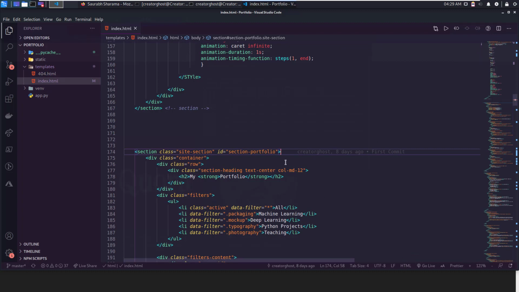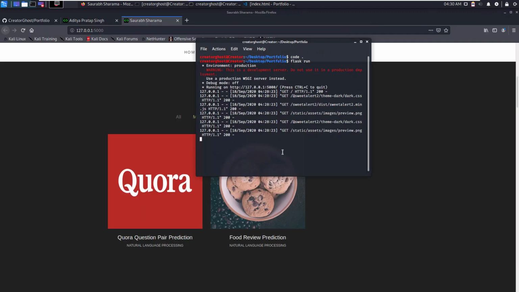So here you can see that this is your portfolio section. Here you can change from machine learning to something like cyber security, or from deep learning, you can change all of them. But if you want to remove something, like I don't want to have this teaching section, you just delete the teaching section, and let me just